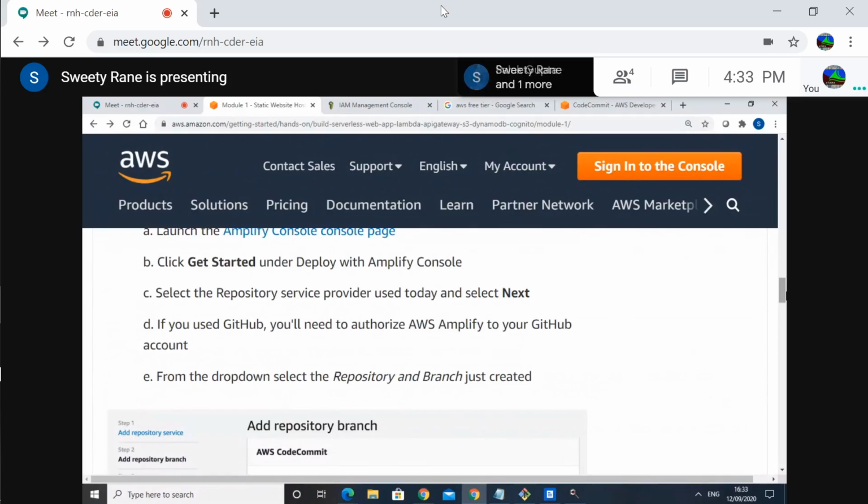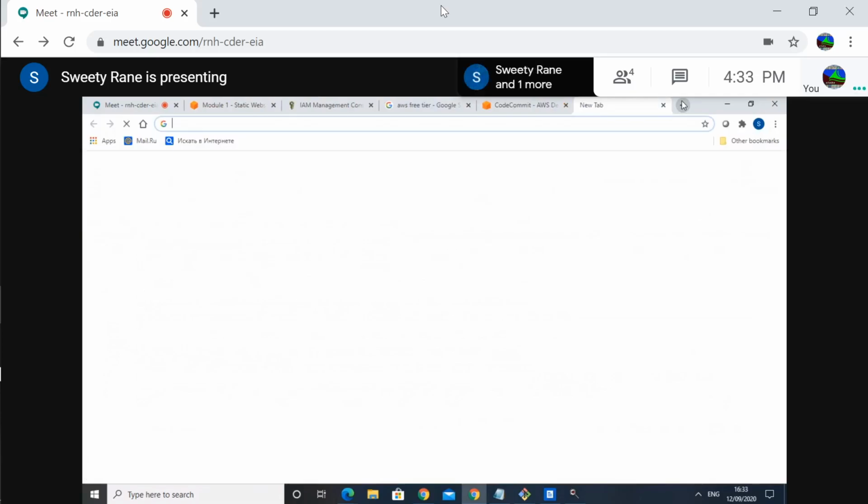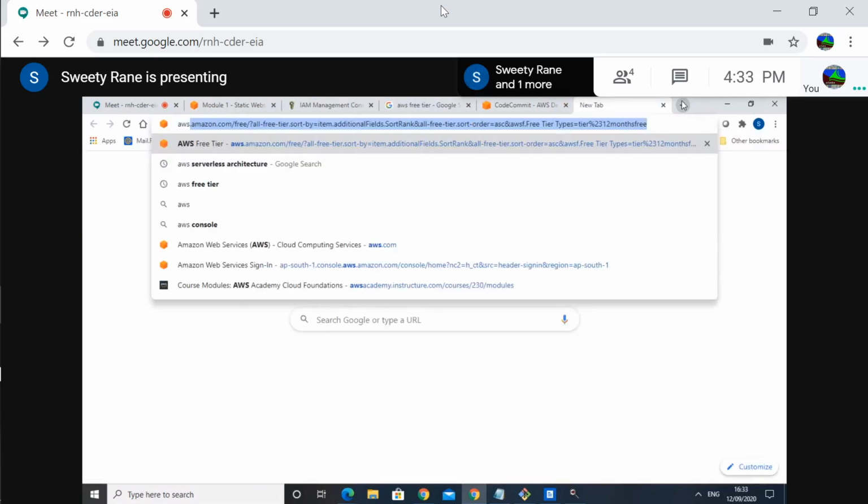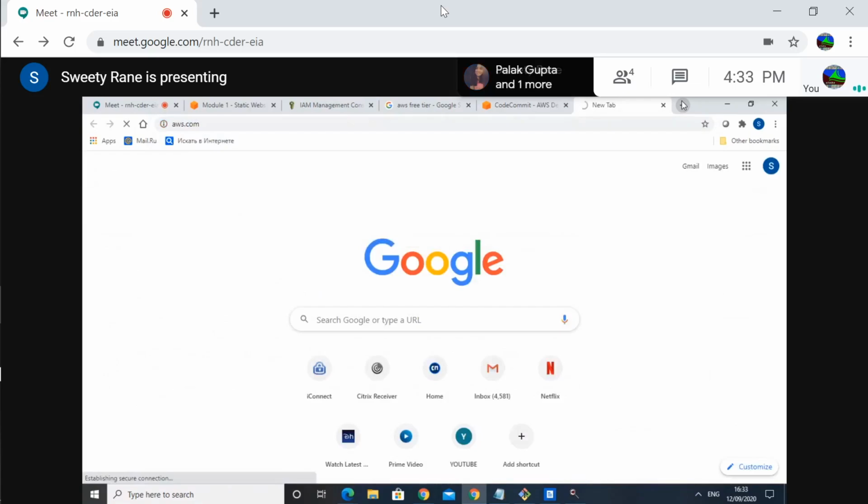Okay, launch Amplify console. So go to your management console, open a new tab and type aws.com. Yeah, and now this will take you to your management console automatically.